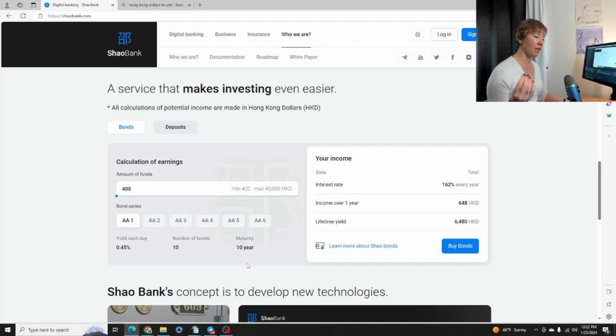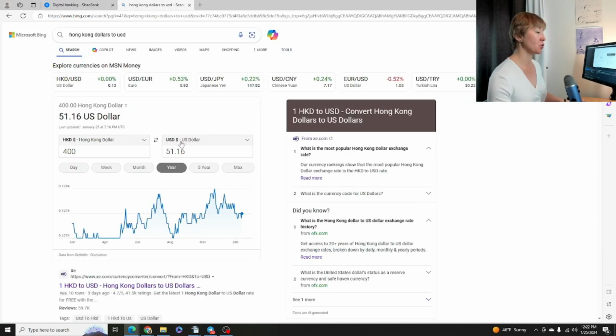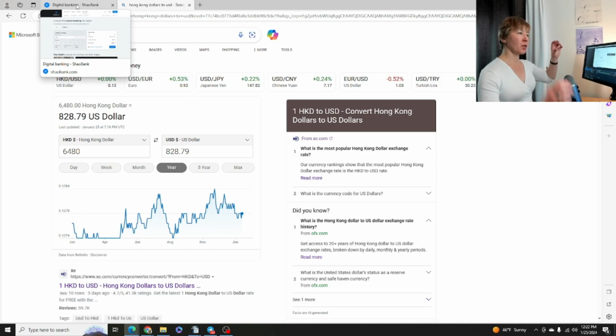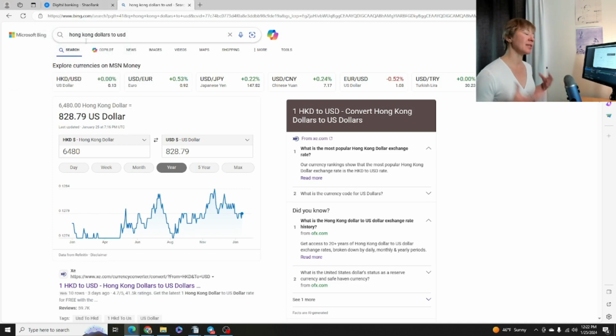You're going to be collecting profits for that long. What is 6,480 Hong Kong dollars in US dollars? That's going to be 828 US dollars. So you're going from putting in 51 US dollars, and over the course of 10 years, yes, it's 10 years,